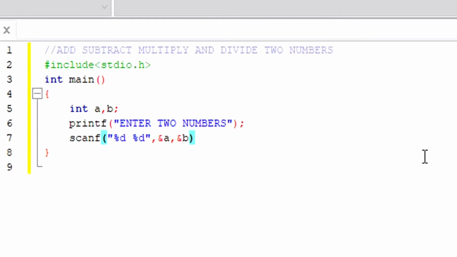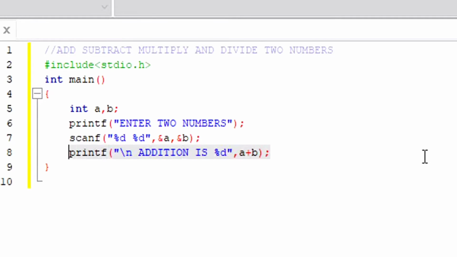After every statement, to terminate the statement we use a semicolon. That's it, and we are just going to perform the basic functions. So printf and obviously \n, and addition is going to be an integer again, so a plus b, then semicolon.